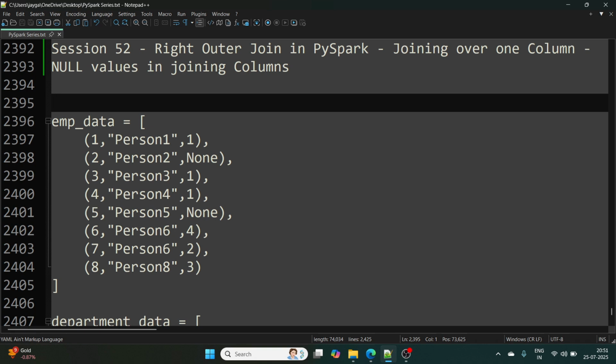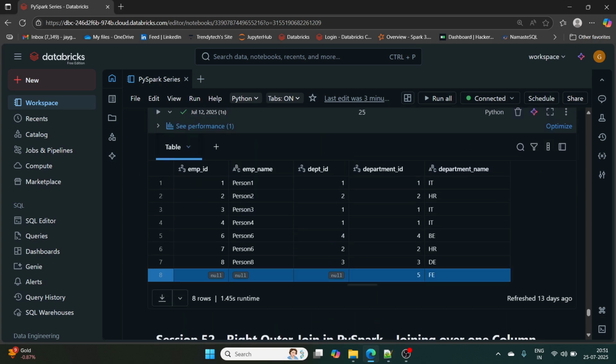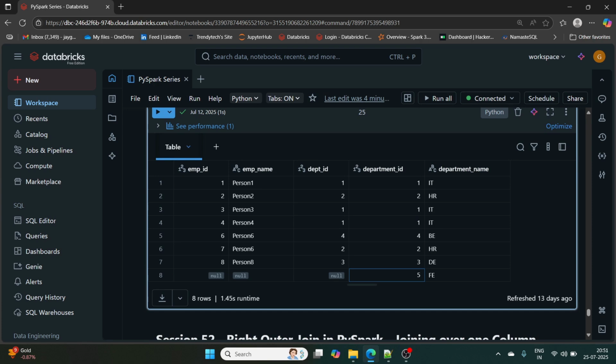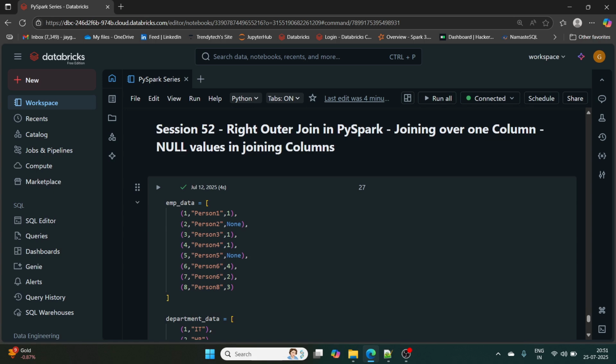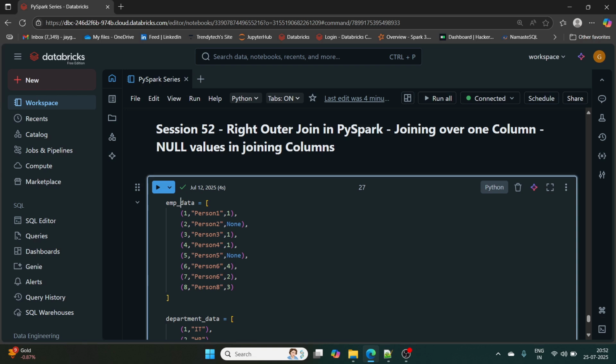Right outer join is the reverse of left outer join. Wherever there is a join of the key from the right data set to the left data set, it will join. If there is no match, it will pad the left data set columns as null. I think we have already seen this. Department ID 5 is not present in the left data set, so it has padded the left data set columns as null. Now, just to recap and learn all the concepts again,